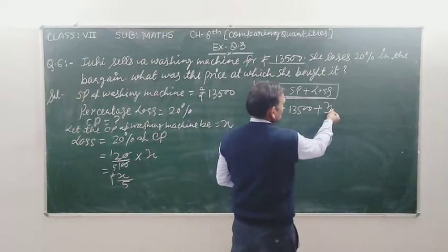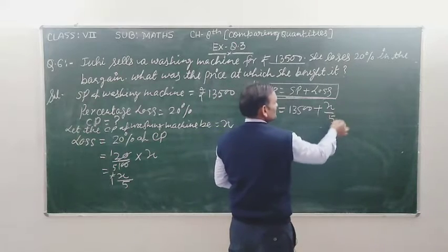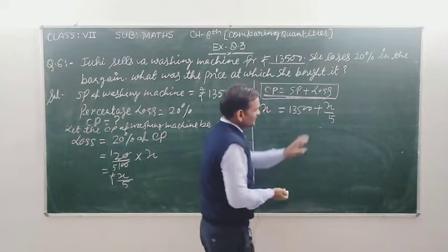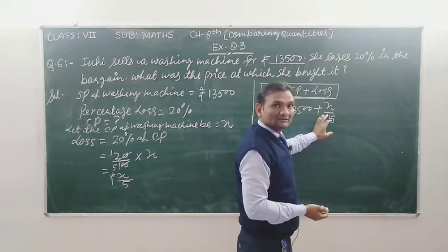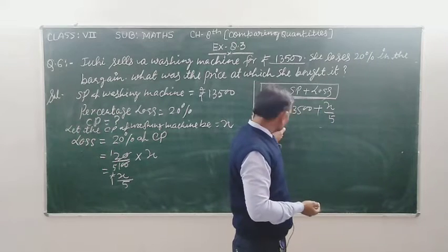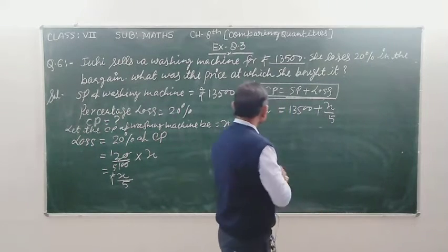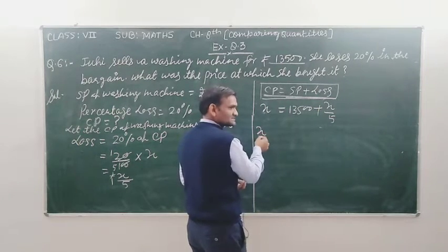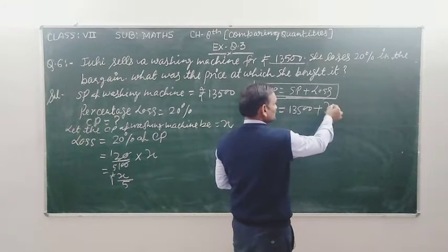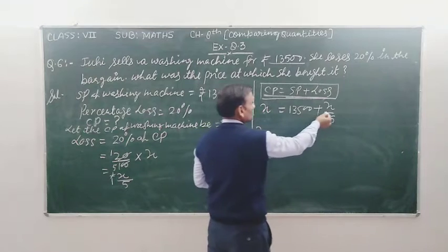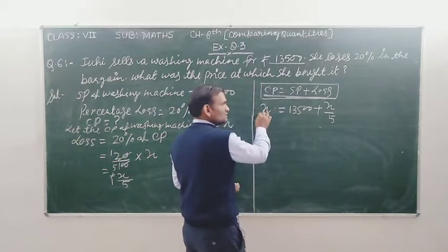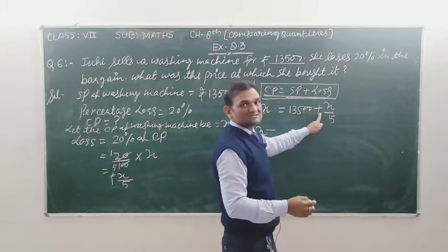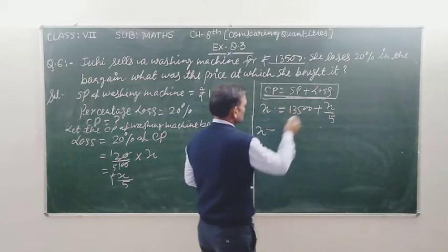So you will transpose variables to the variable side, which means X upon 5 we have to transpose to the left side. In the right side I have added X upon 5, but when we transpose it to the left side we have to subtract. So student, this is the X already given, so we write X first on the left side, and this amount I am transposing to the left side, so we write it later with a minus sign, because the operation has to change in transposition.